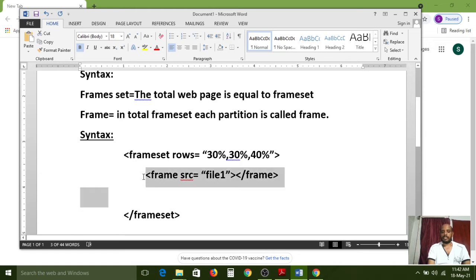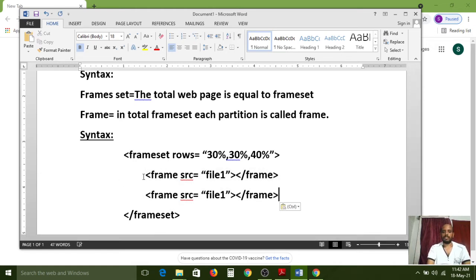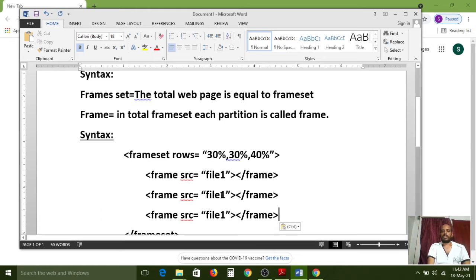Like that, 3 partitions, 3 frames we need to give here. In the 3 frames, for 3 files, we need to give the text files along with the complete path address.